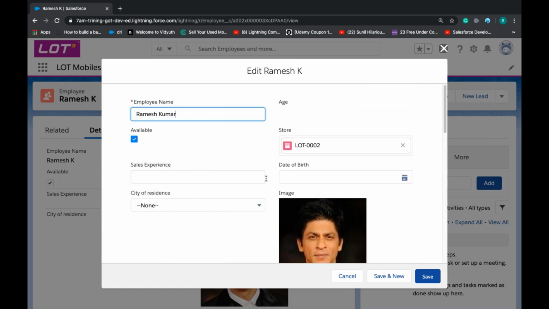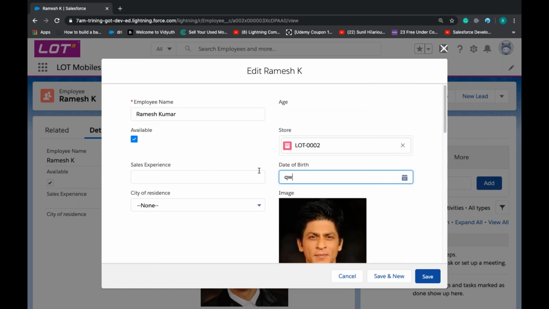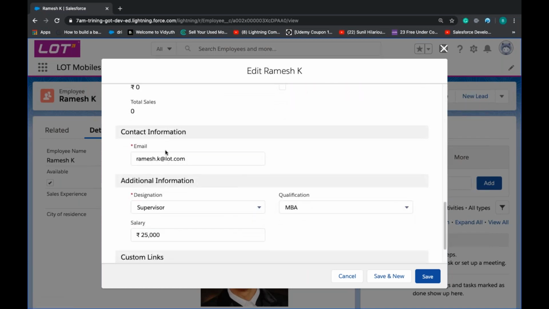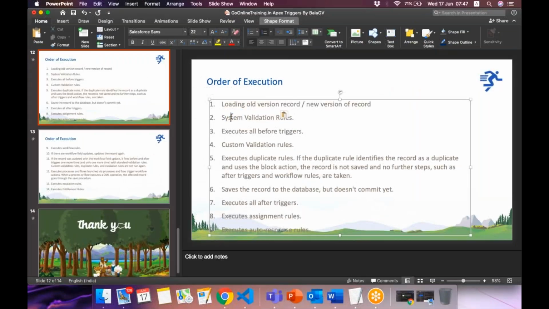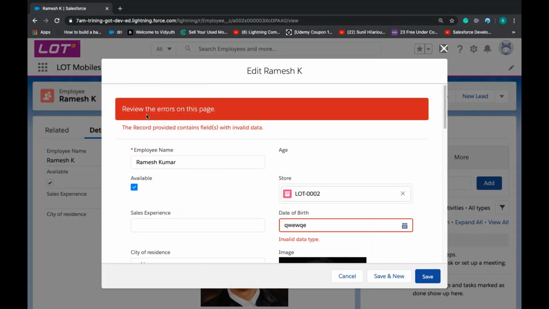If you don't enter the correct format in the date, then it's also system validation. If you enter wrong format of the email, it's also system validation. So these are all system validations. First system validations will execute, and if something went wrong, it will throw an error immediately.